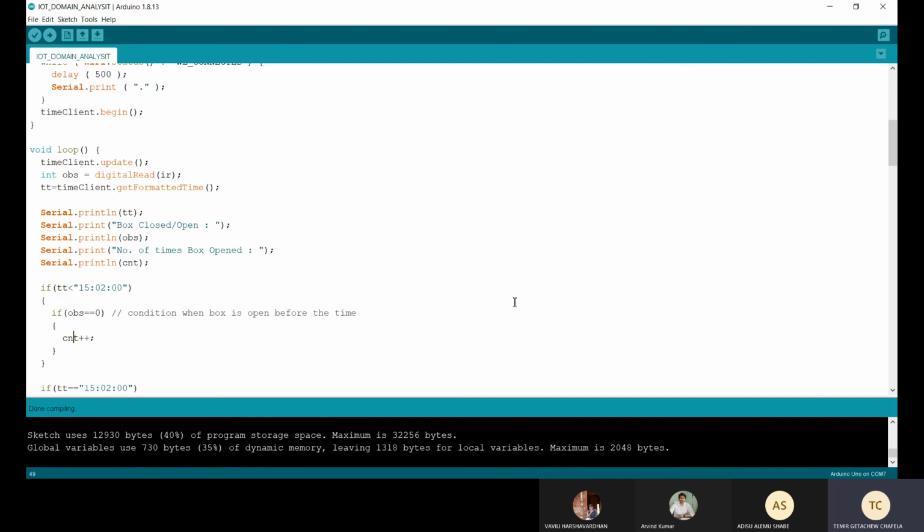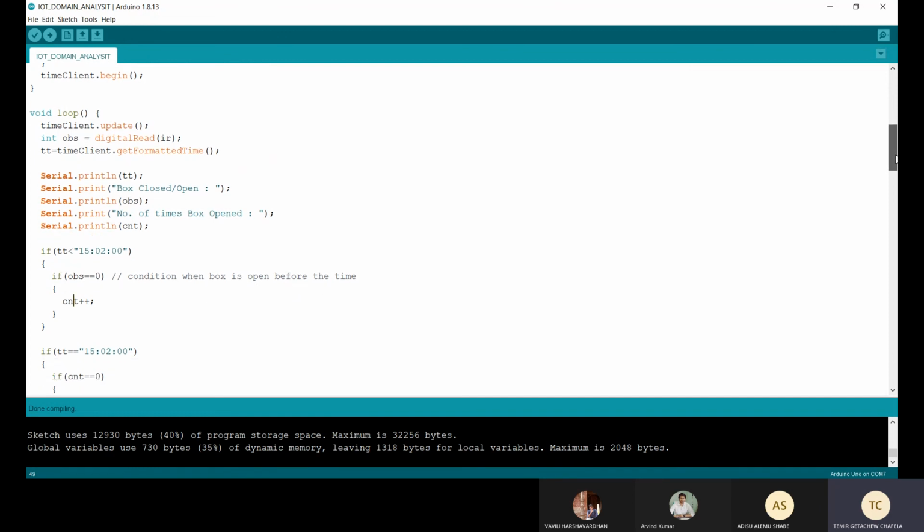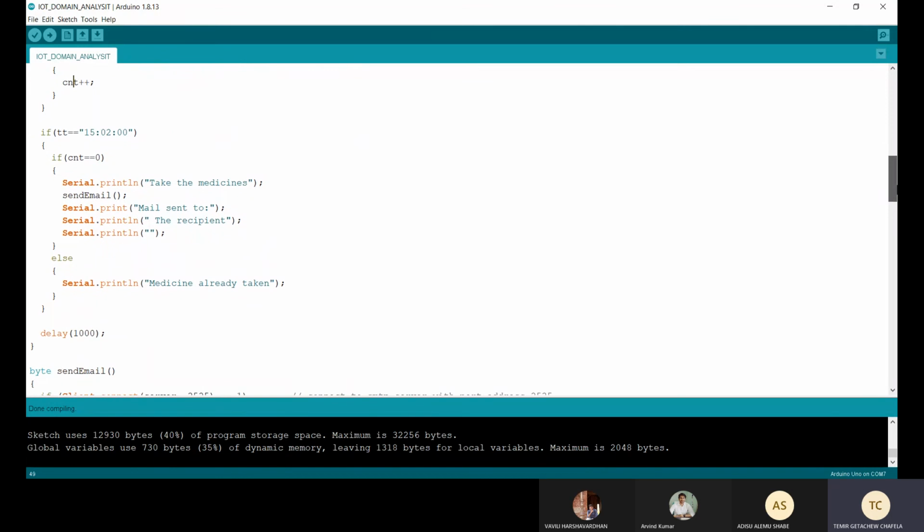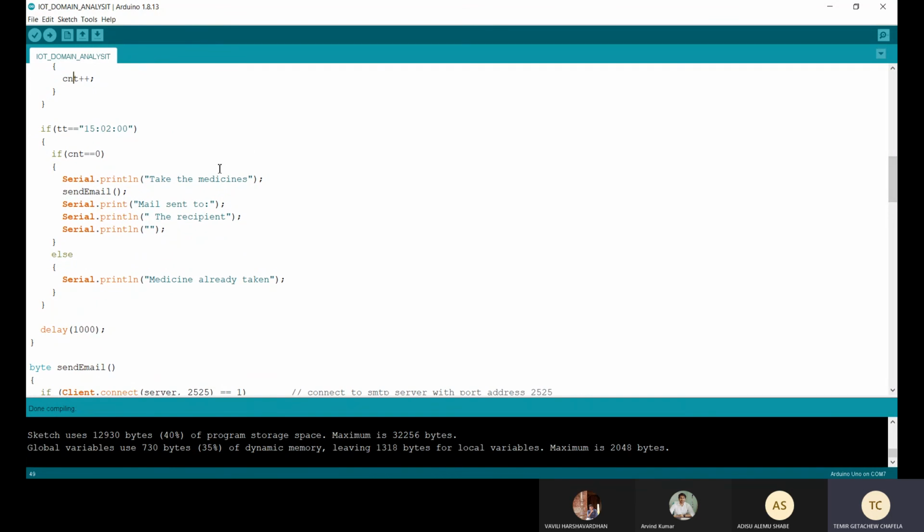If the counter CNT is 0, as shown in this code, then it means that the box is not opened before the time of sending the mail. And if someone opens the box before the time, then it simply displays the message on the serial monitor that the medicine is already taken. It is showing here.